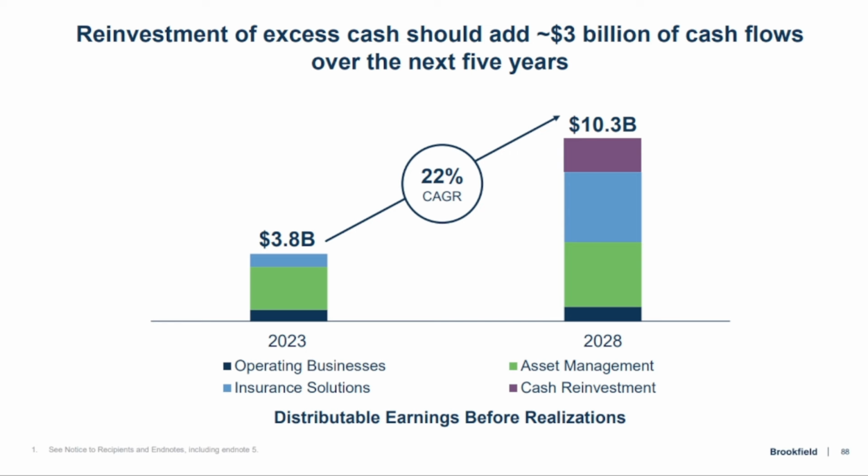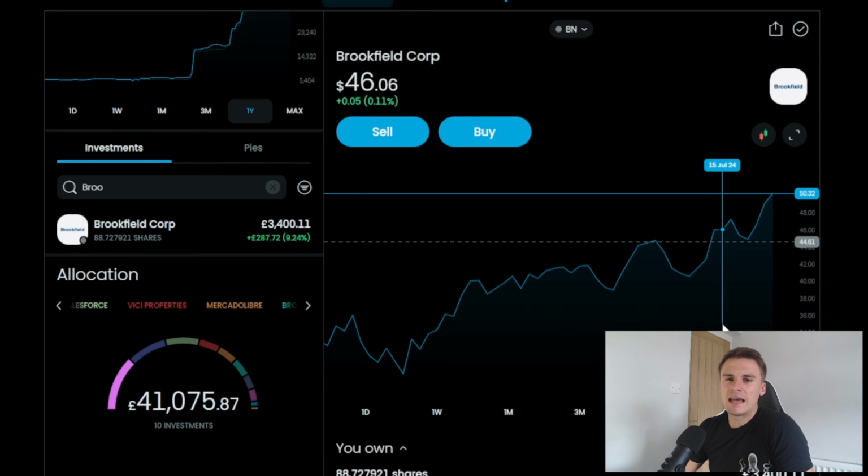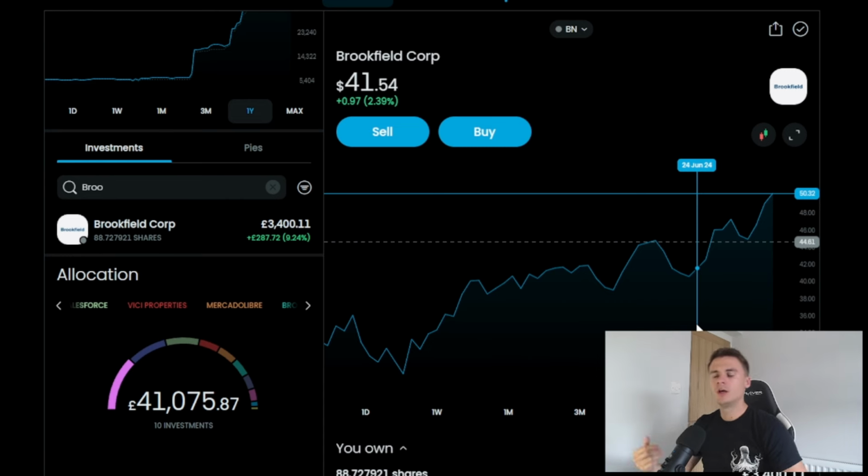Their distributable earnings growth is doing very well. I hope it picks up a little bit more in the coming years, especially in BAM, their Brookfield Asset Management Group, which has underperformed a little bit this year. I don't think that's what they expected, but they have grown their wealth solutions side of the business very well in the past. So I would like to see that growth pick up in the later part of the year,